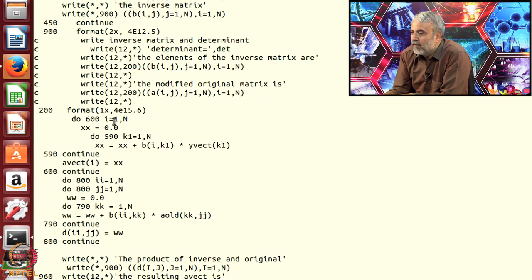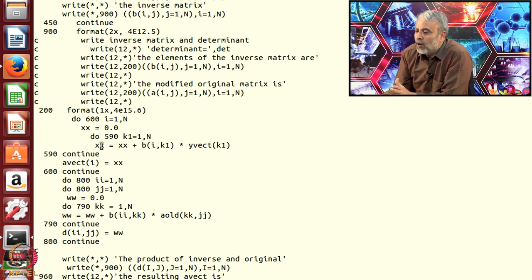So, at this point my x vector, that final A naught, A1, A2, A3, I get by multiplying my y vector by this B. B is the inverse of A. So, when I multiply the y vector by the inverse matrix, I will get all my Xs.